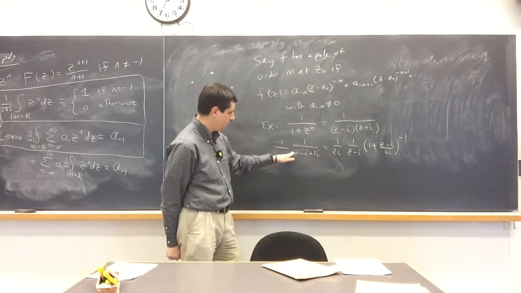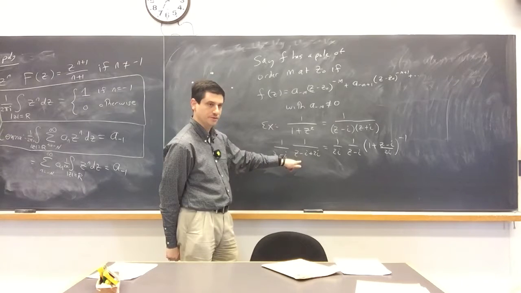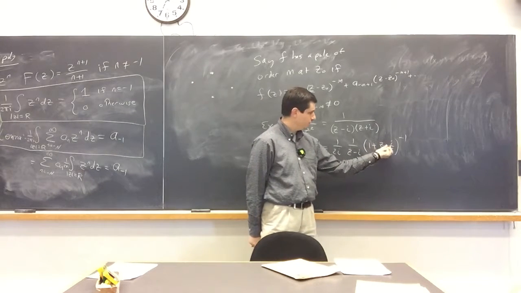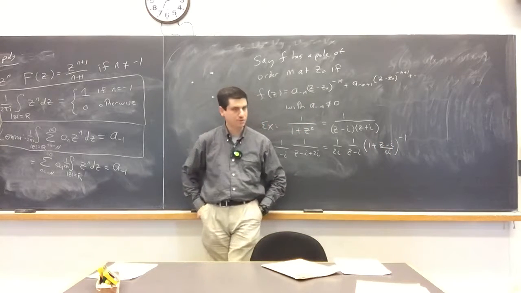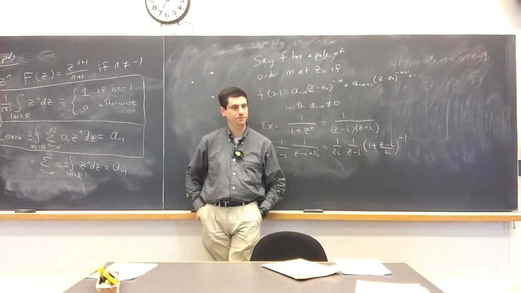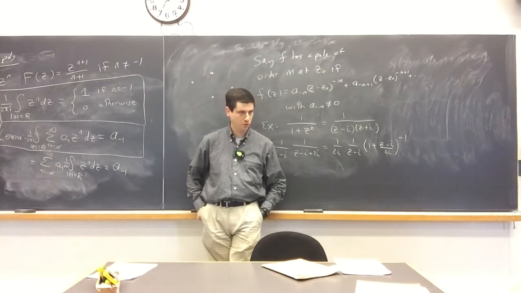Let me pull out the 2i from the bottom, and I'll get a (z minus i) over 2i. This is going to be really, really small if z is close to i. What can I do if this is really, really small? It'll go to 0,